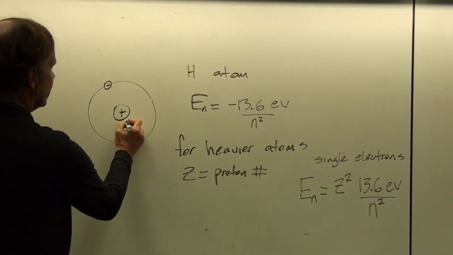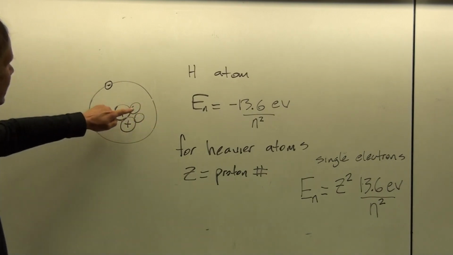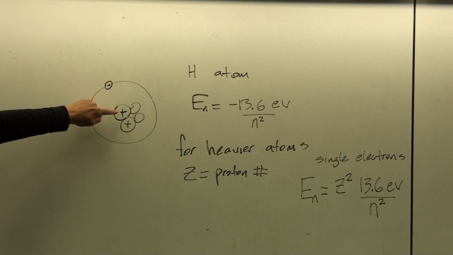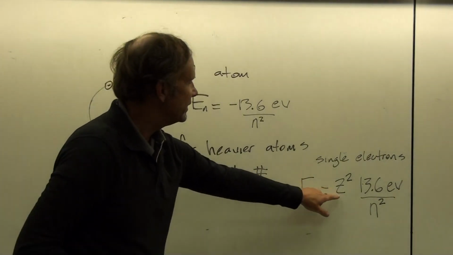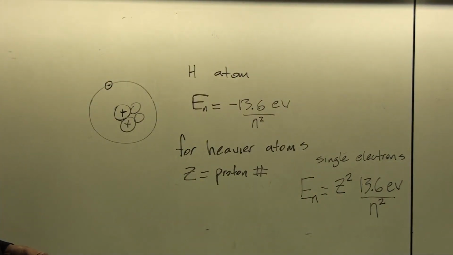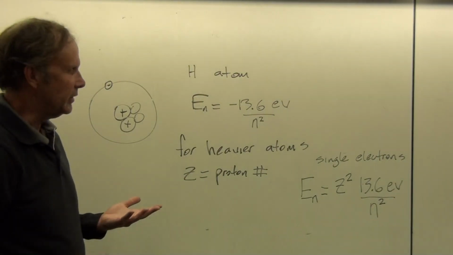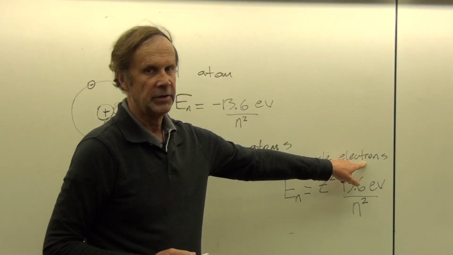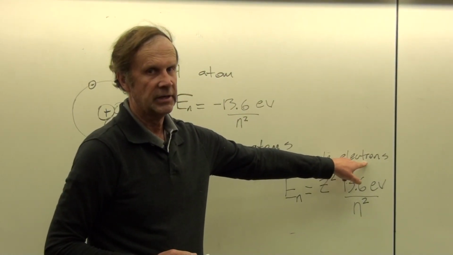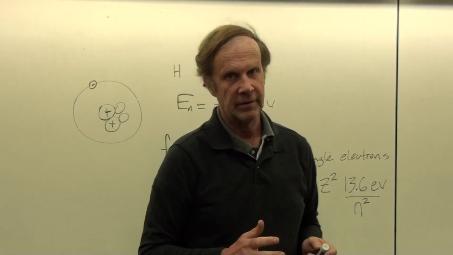number. So in other words, if we had helium here, and that would also have two neutrons, but the neutrons wouldn't have anything to do with the electric potential, then we would expect the energies to go up by a factor of 4. But it's not quite that simple, because how do you get just a single electron orbiting around a multi-proton atom without other electrons coming in?